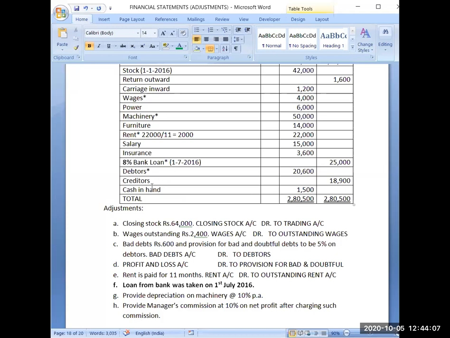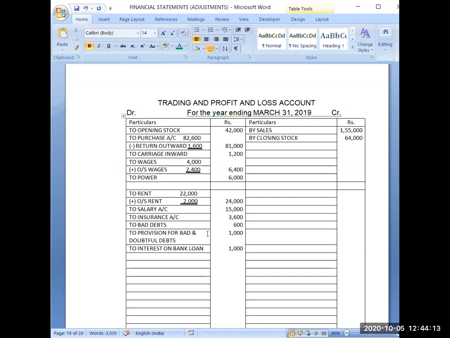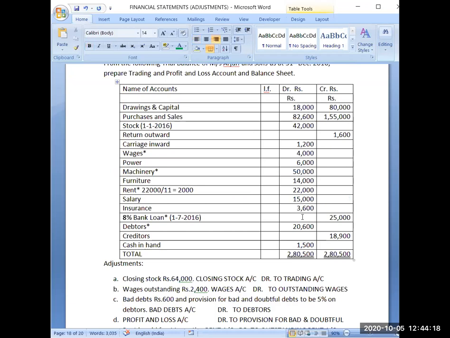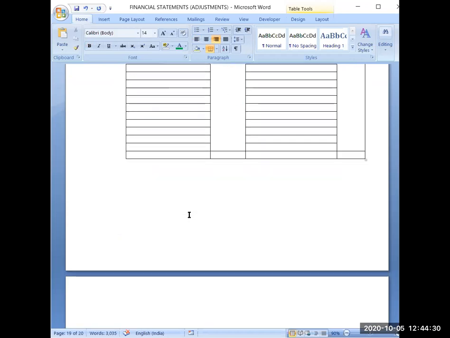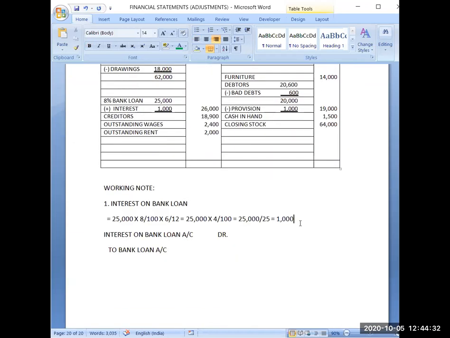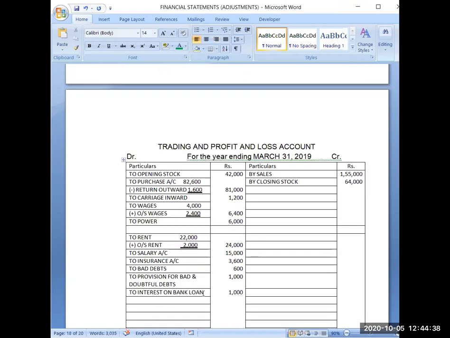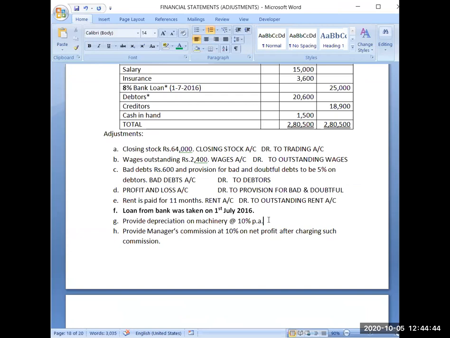Sometimes you may also get interest in the trial balance. Suppose your total interest was 1,000, but out of this 1,000 you are getting in the trial balance rupees 400 as interest on the debit side. That means out of 1,000, 400 is already paid. That you will find in your profit and loss account also. And the rest of the 600 is now to be adjusted. So first calculate the total interest in the manner I have calculated. Then check in the trial balance or in the profit and loss account whether some interest has already been paid on this loan or not. If you practice such questions, you will get more familiarity with such types of adjustments.